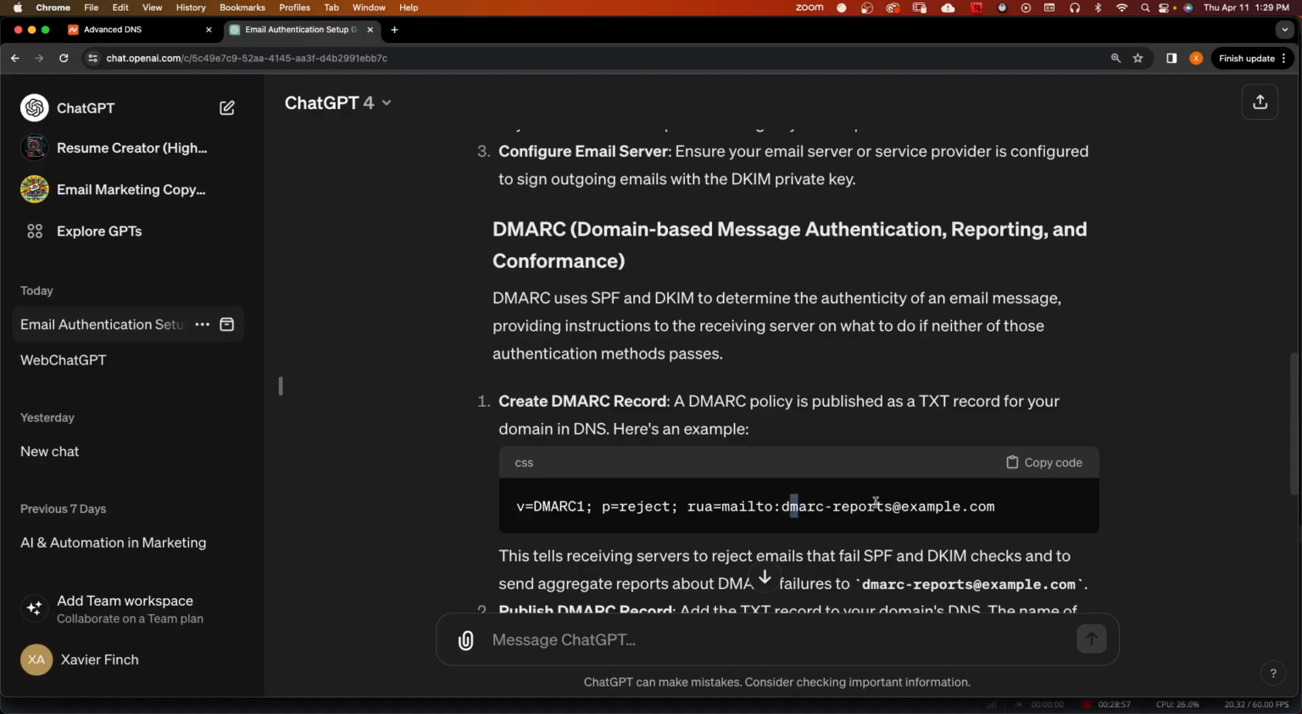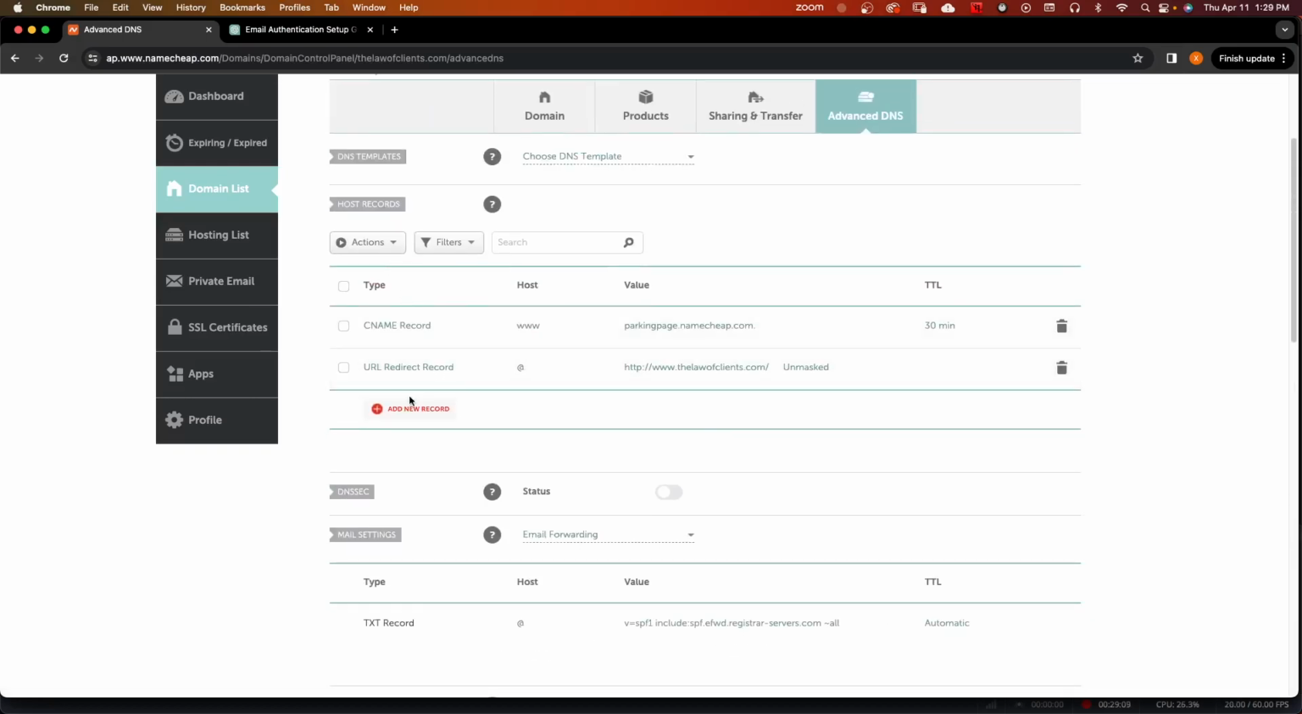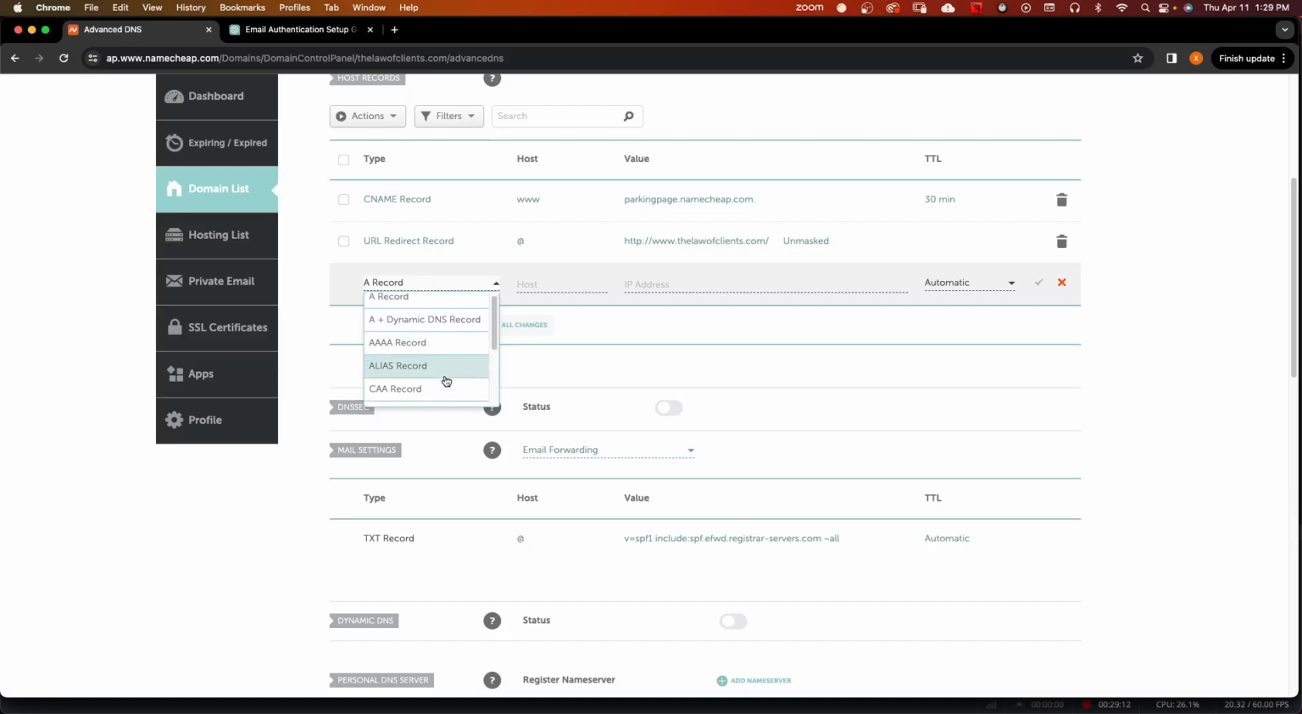So this for me would be Xavier at report. So I can just copy this right here, and I would just put this into my new records right here as a text record. Right, so I put the text record in. I put it in at hosts, and then the DMARC would be this. And then I just put the DMARC report mail to Xavier at